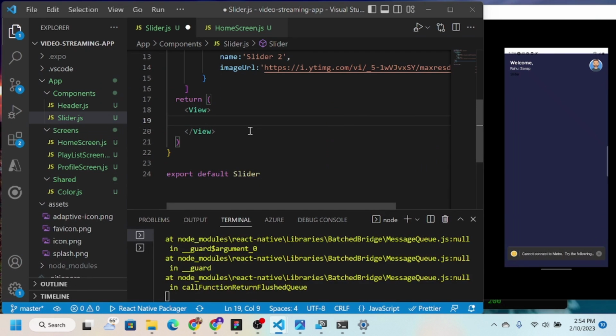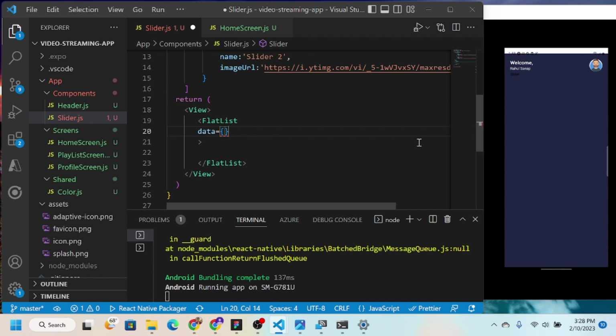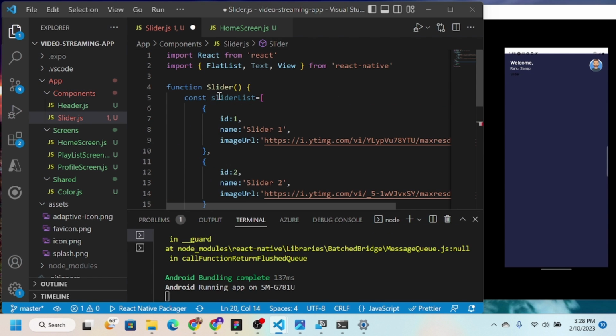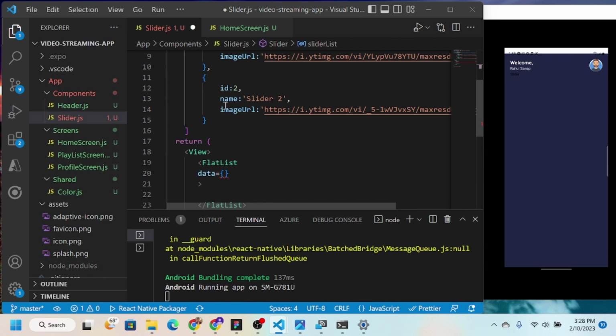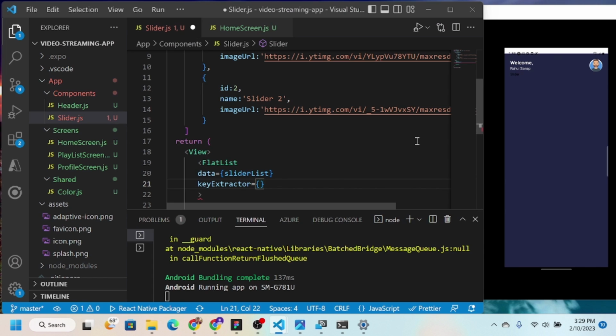Now let's define a FlatList. Inside the FlatList we have to define which data we are going to render, so we have to call data. Inside data we have to define which data. We are using this slider list JSON object, and we will define it like this. After that we have to define keyExtractor. It's not mandatory, but keyExtractor is like,